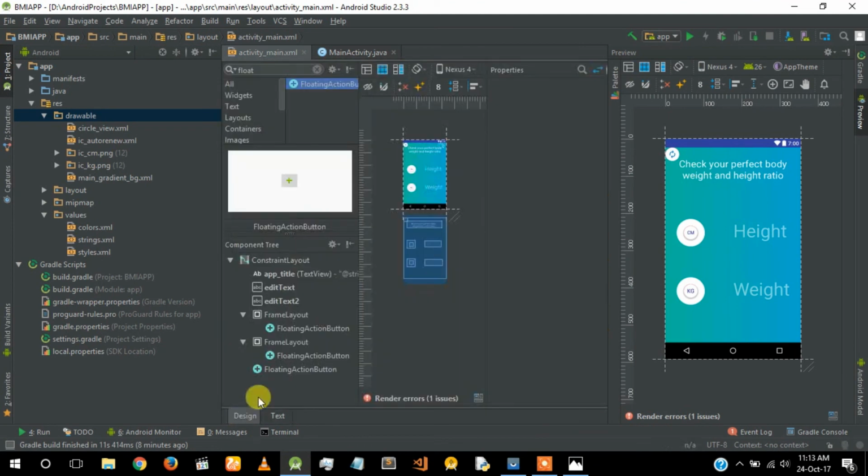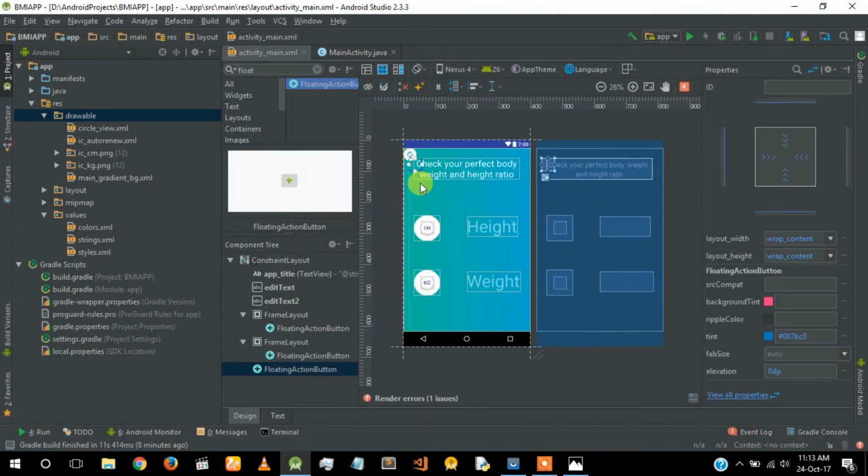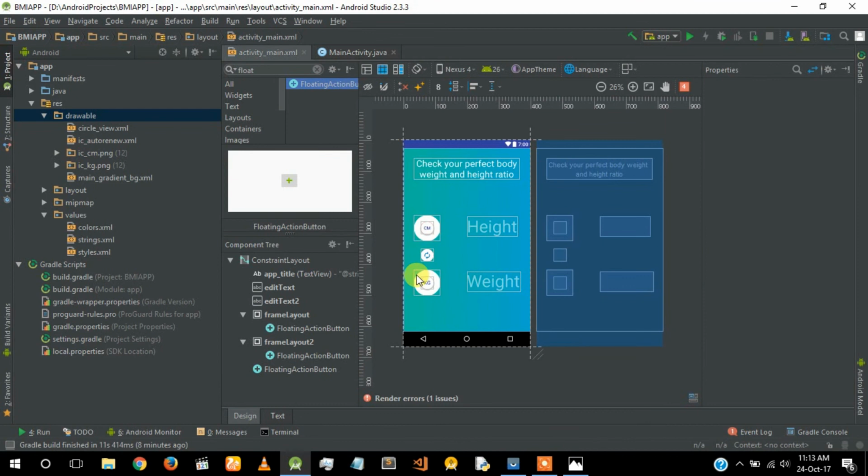Okay, now we have to position it. Click on it, drag it in here. You have to keep it in the middle of these two. So constraint here and constraint here, constraint here, constraint on top, and also constraint on bottom. So it will be in the middle of these two. So now actually the basic structure of this design is over,